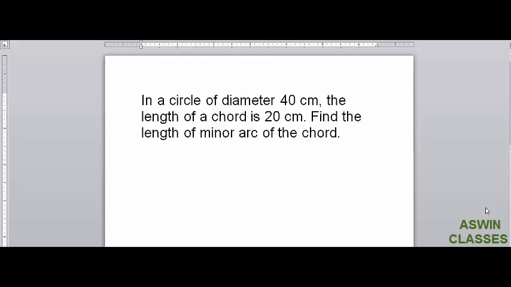So here is our question. In a circle of diameter 40 centimeter, the length of a chord is 20 centimeter. Find the minor arc of the chord. So the question is,